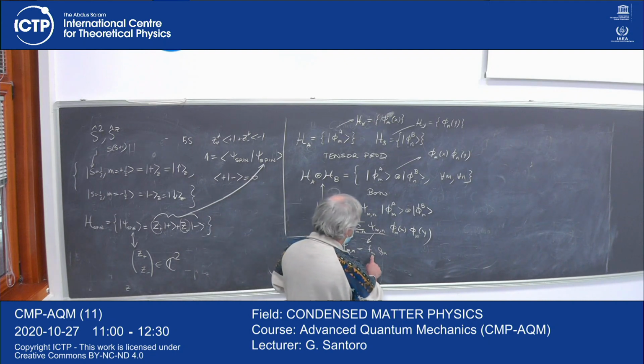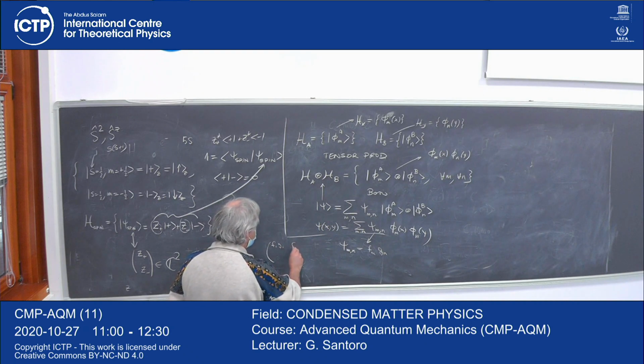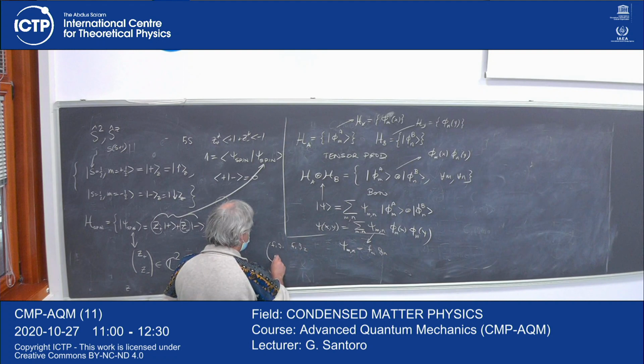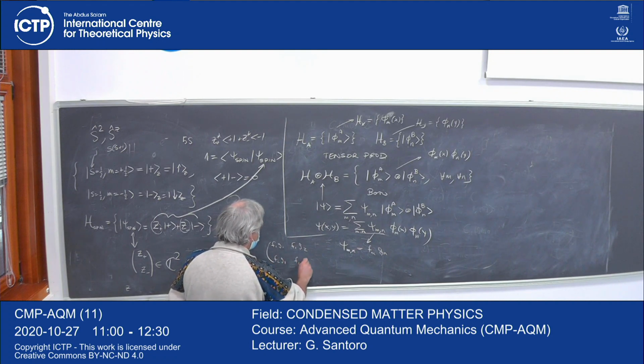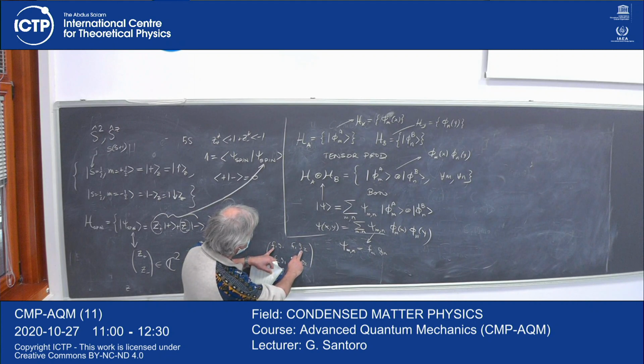I can write a 1, 1 element. So the 1, 1 element is F1, G1. The 1, 2 element is F1, G2. The 2, 1 element is F2, G1. The 2, 2 element is F2, G2. Now you see that for a matrix of this form, if I take the ratio of this with that, F1 cancels,